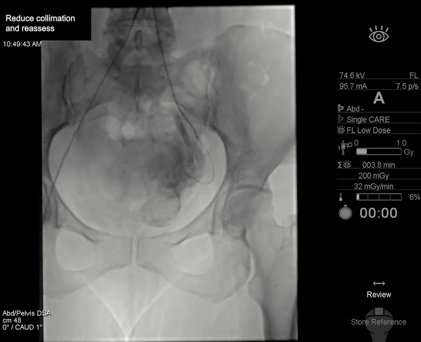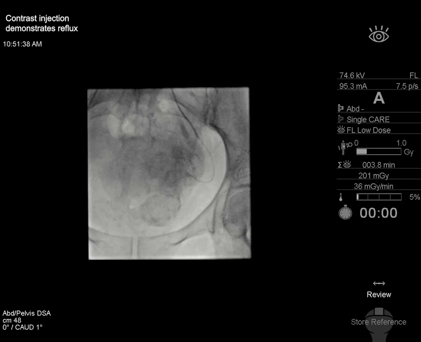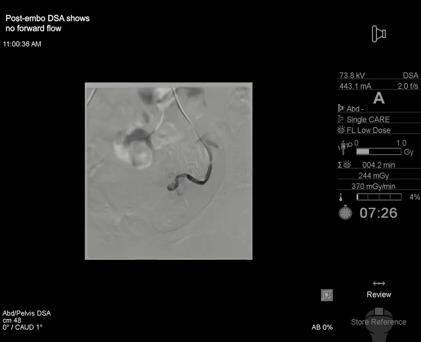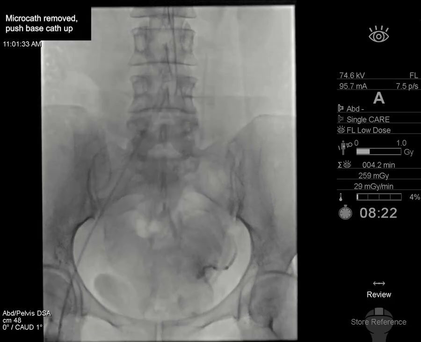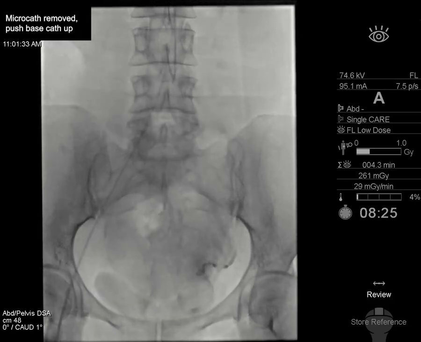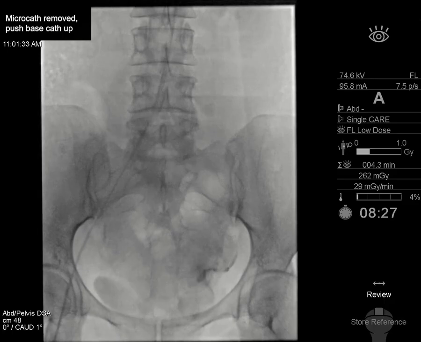DMAG, little puff of contrast. Pretty clear that there's very little forward flow left in this uterine artery. So basically getting close to the end of embolization. This is the DSA run where you see really no filling of those branches and reflux along the catheter up into the internal iliac. Now the base catheter is being pushed back up into the aorta, selecting the ipsilateral or